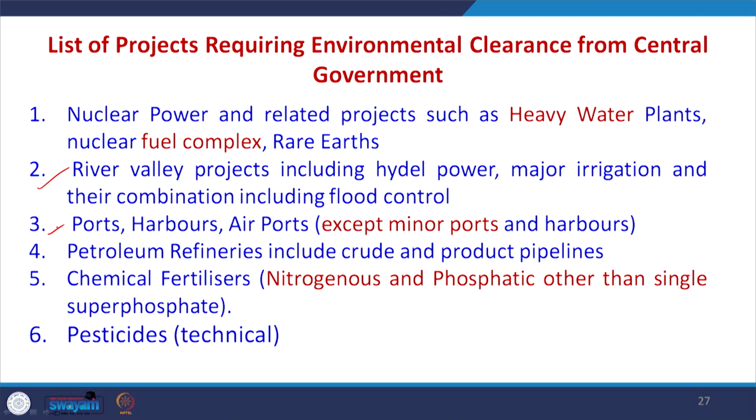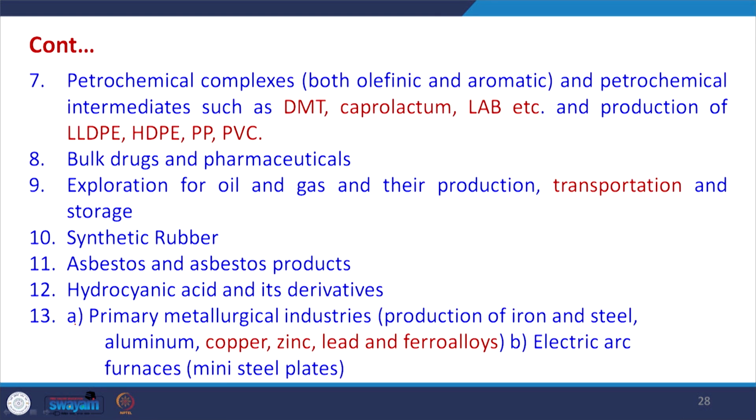Then petroleum refineries, chemical fertilizer industries, pesticide industries, similarly petrochemical complexes including all different types of plastics or petrochemical manufacturing processes, bulk drug and pharmaceutical industries, exploration of oil and gas and their production, transportation and storage, synthetic rubber production, asbestos and asbestos products, similarly hydrocyanic acids and its derivatives, then all metallurgical industries and the subsequent refining processes